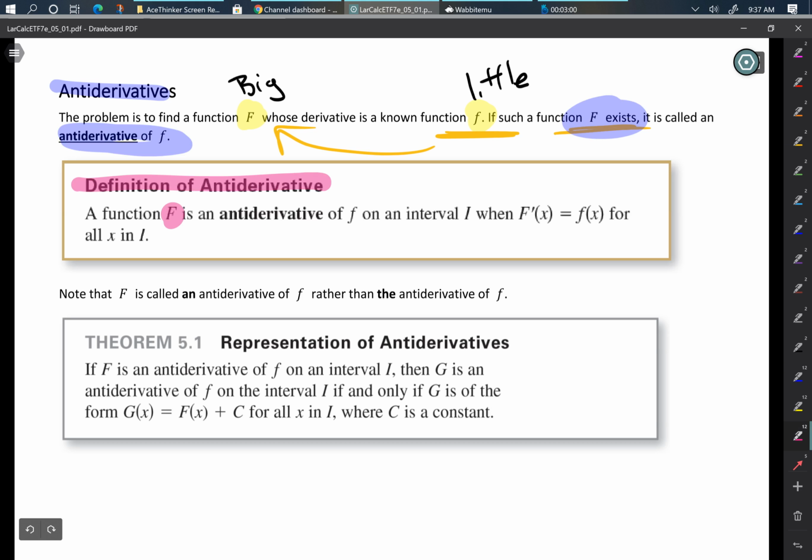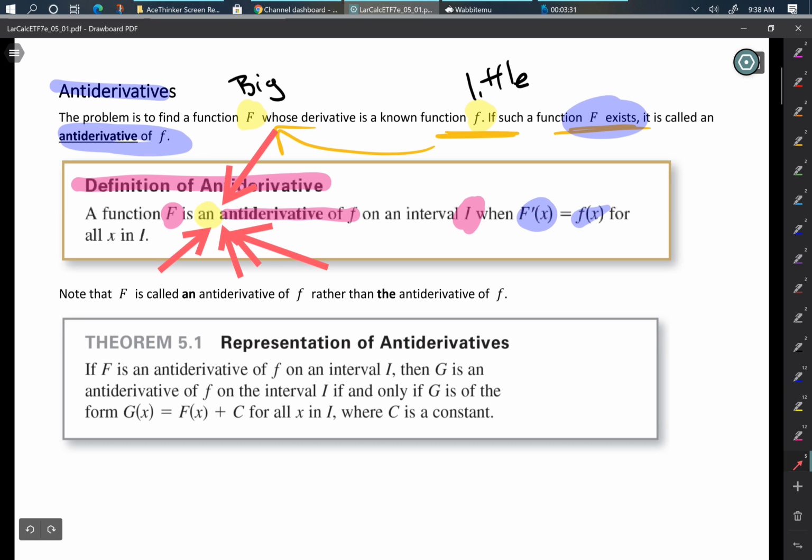All right, so here's our definition. A function big F is called an antiderivative of little f on some interval. Now that can be a tiny interval or that can be the entire real numbers, just depends on the function, when the derivative of big F is equal to little f for all of the x's in that interval. Okay? Now I want to point out something here that I'm hoping you saw, but you may not have, and that's okay. The article that we use right there. We use the article an,